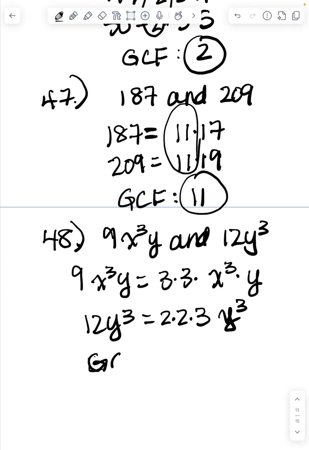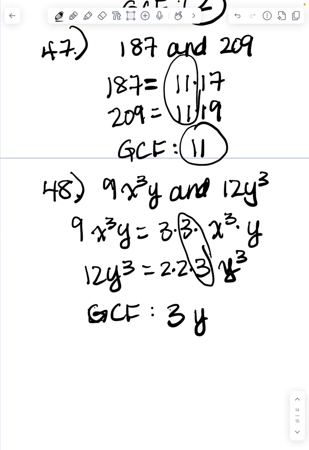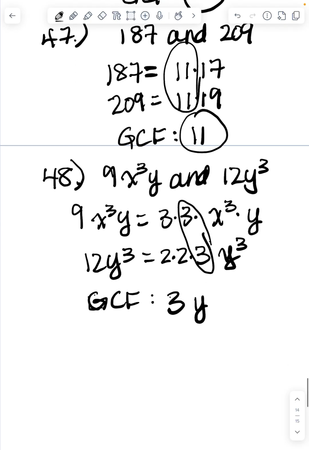So the GCF is found by doing the common ones. In this case, it's just a 3, and one of the y's is common. Since the 9x cubed y has an x cubed, but the other number, 12y cubed, does not, we can't put an x cubed in at all. So it's just y. Number 49,